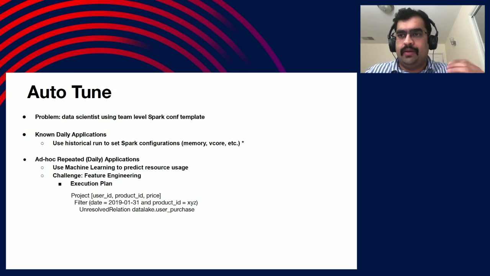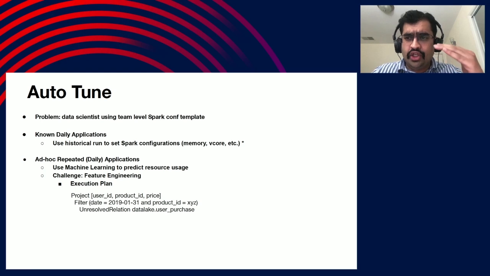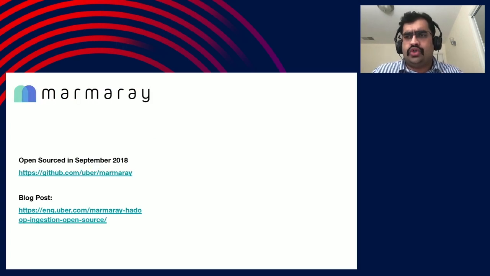So looking at the historical pattern, we adjusted the number of executors and memory to see if the query finishes. If not, we will always fall back to the configuration provided by them. This helped us a lot by reducing the YARN queue usage footprint and thereby saving money for Uber. So all these Spark improvements we did when we were building Marmaray.